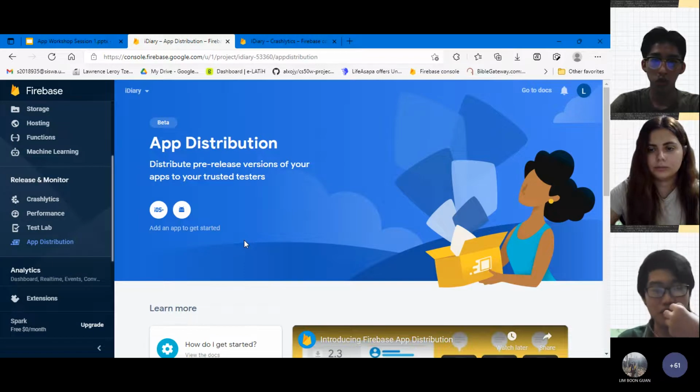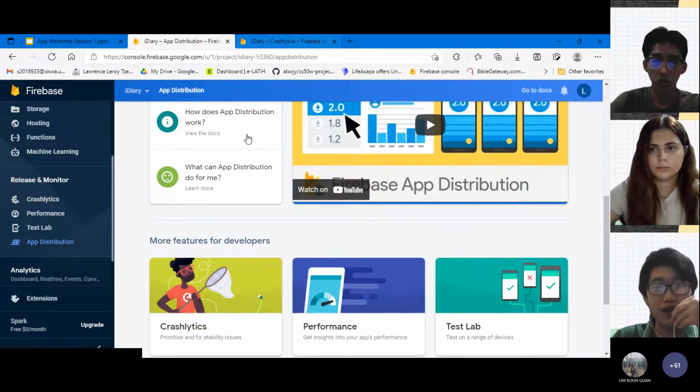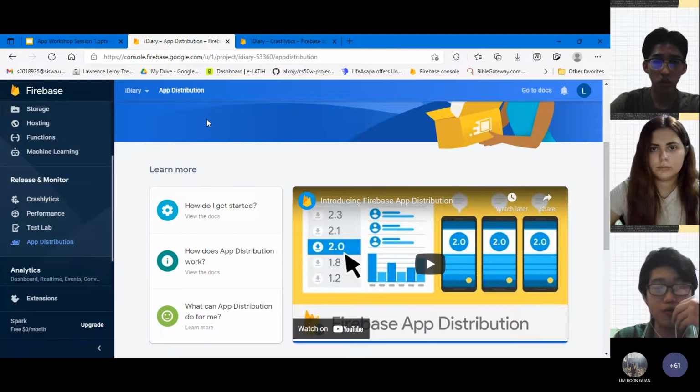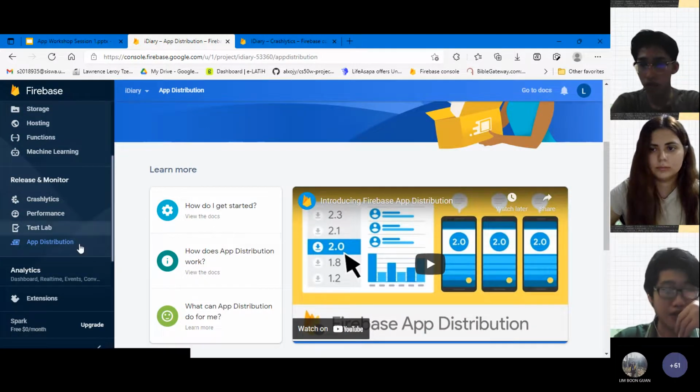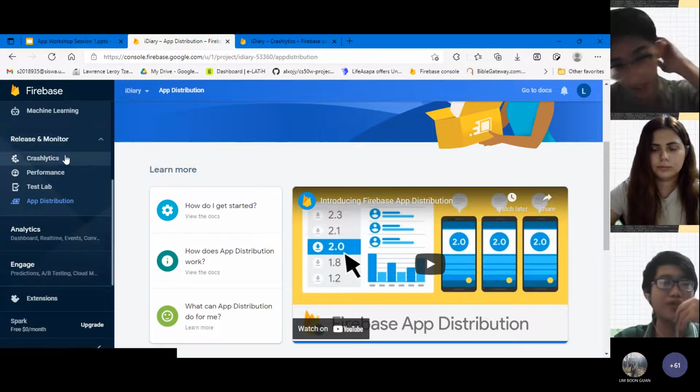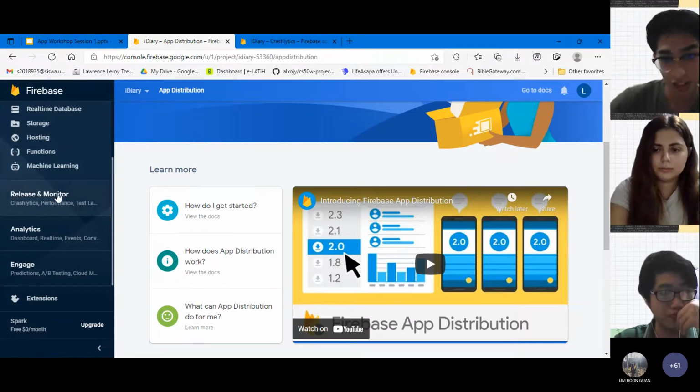In this case, Firebase console does the work for you. So you can view who your testers are, which versions your testers are using, and how their ratings are. So release and monitor is basically about pre-release.